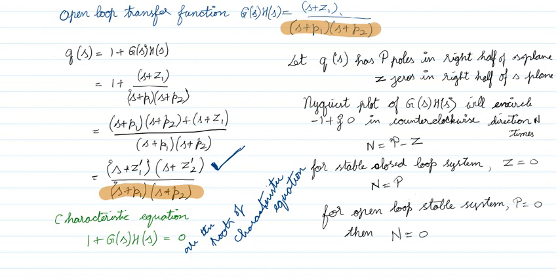Last condition, I am saying my open loop system is also stable. For the closed loop system to be stable, the open loop system being stable means P is 0. None of the poles is in the right side. It's because these two are the same. So P is also 0, so n equal to P. So the condition is that the open loop system is also stable, so that for the closed loop stability, n is equal to 0. That is, it should not encircle the point minus 1 plus j0.